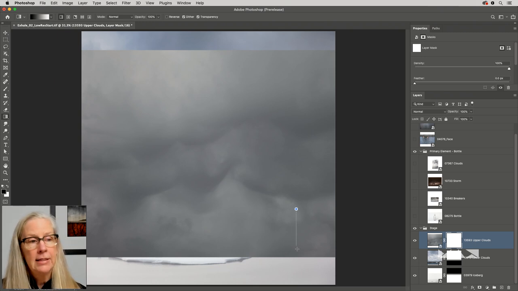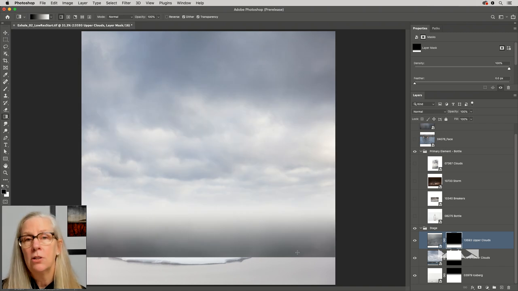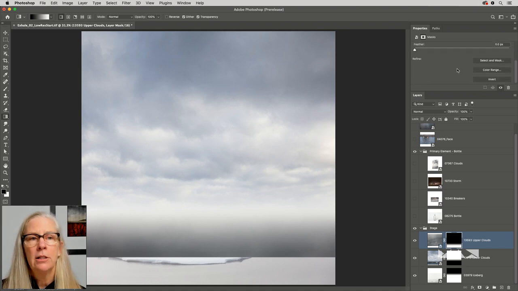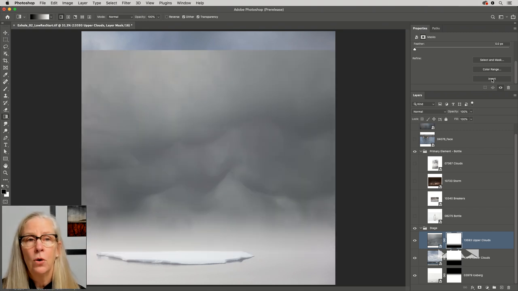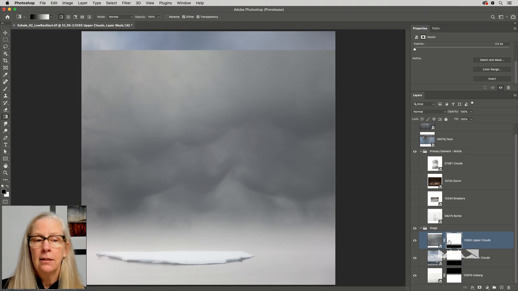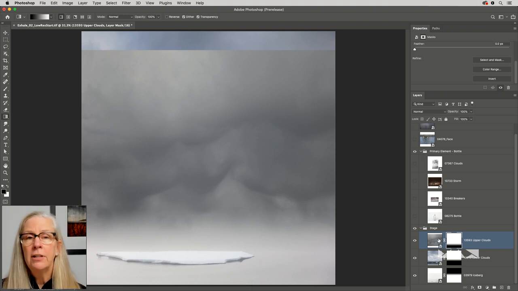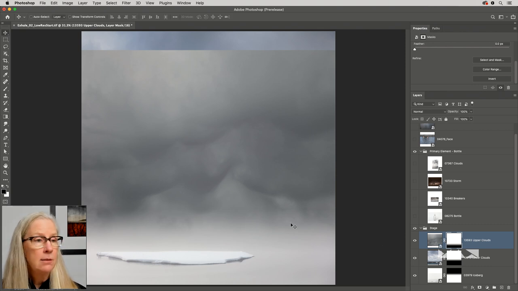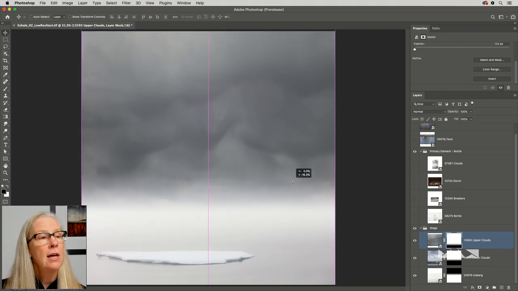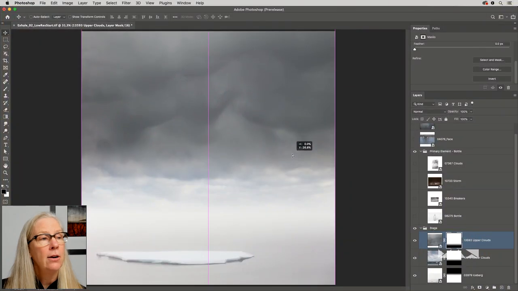But let's say, for example, that maybe I draw it in the wrong direction. You can always redraw your gradient, or you can just use the properties panel and scroll down, and there's a little invert button, or you can use Command I on Mac or Control I on Windows in order to invert the mask. Now, the mask and the layer are going to move and transform together because they're linked. So if I select the move tool and just reposition this up a little bit further in the image area, then those will move together.